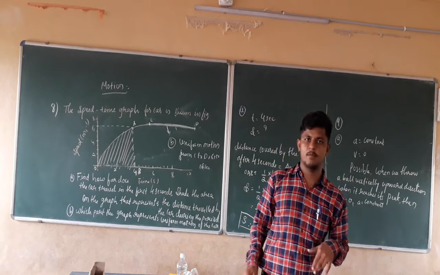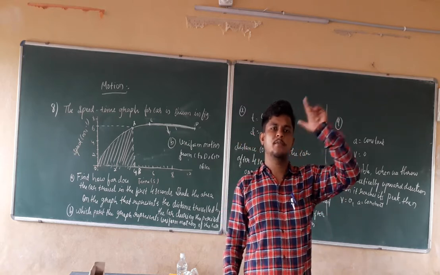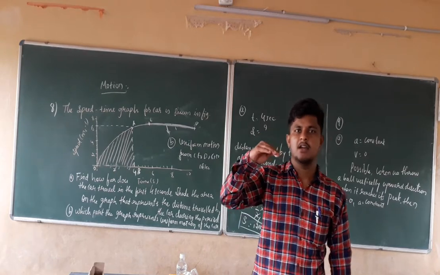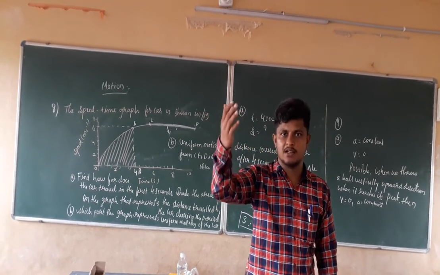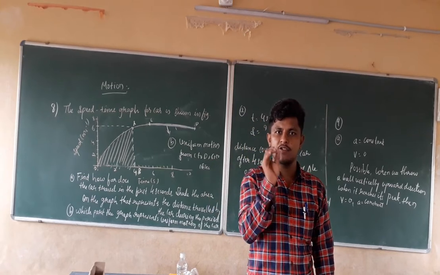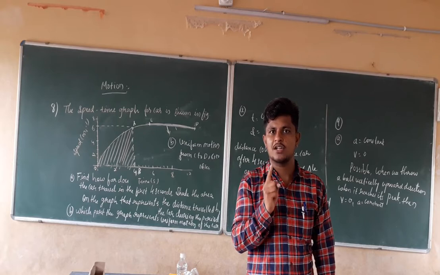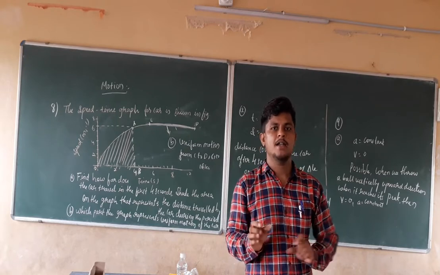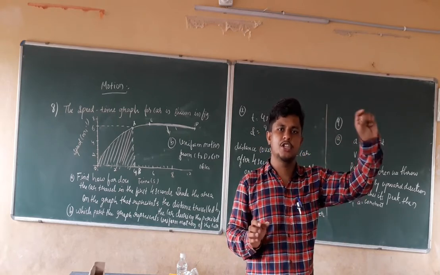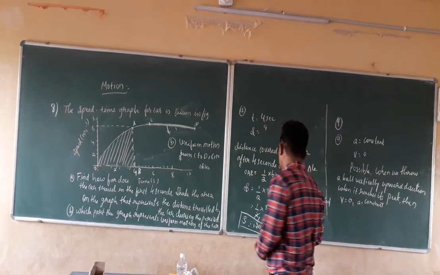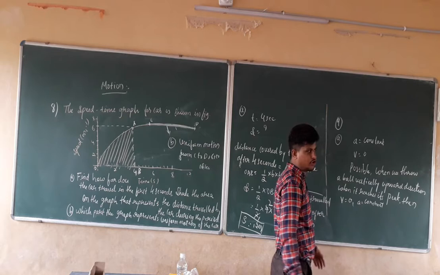If you take any object and throw it vertically upward, it is going to reach some height. After that height, it can't go further. At that point, it is going to stop for a few milliseconds. At that point of time, the acceleration due to gravity will be constant, but the velocity of that object will be zero. So this is the A answer for the 9th question.